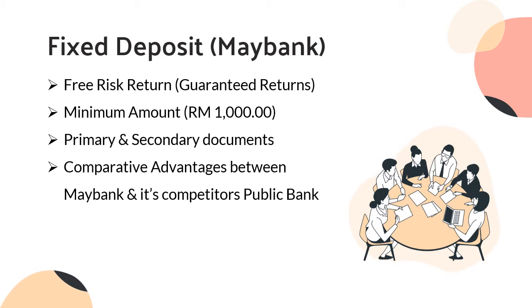The fixed deposit interest rate with a period of 1 year is 1.85%, whereas Public Bank, as Maybank's competitor, is 1.85%. However, with the period of 5 years, Maybank's interest rate is 2.1%, whereas Public Bank remains unchanged at the rate of 1.85%. The opportunity cost of the interest rate in 1 year in Public Bank is lower, which is 1%, compared to Maybank, which is 1.14%. Therefore, Public Bank enjoys a comparative advantage in the 1-year interest rate.